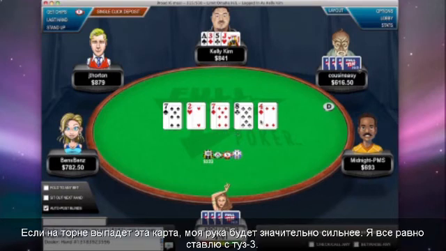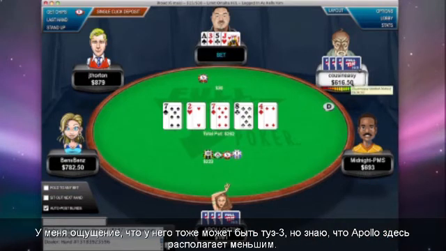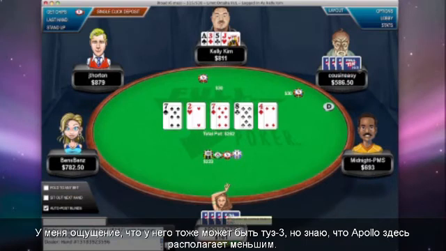Okay, so if this card came on the turn, my hand would be a lot stronger. But I'm still betting ace 3. I have a feeling he might have ace 3 too, but I know Apollo's just out there with,